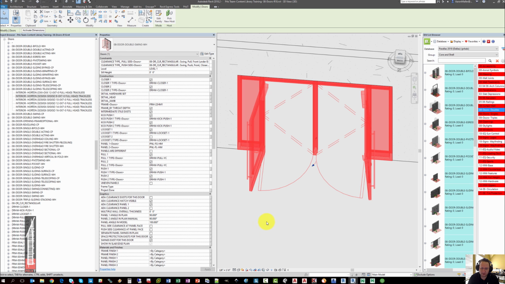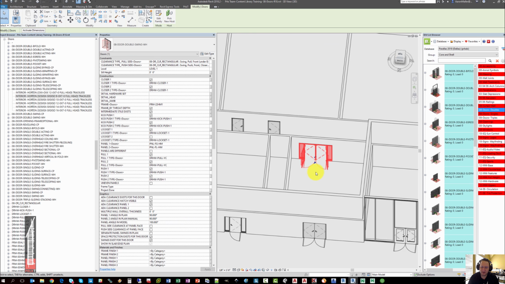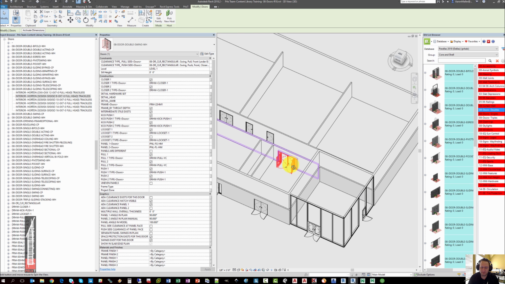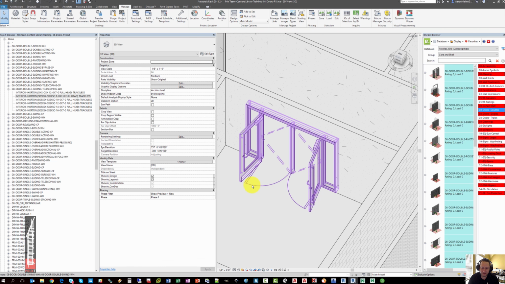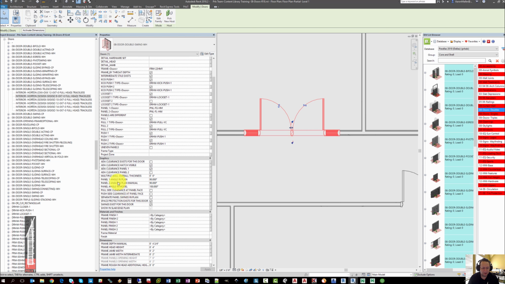You'll notice that on the swing doors, the way you open them is with an angle. Sliding doors will use a percentage, and so will overhead doors. Now, this is different than the graphics that are used for plan. In plan, you are using the parameter called panel 1 angle in plan. Similar to other functionality in the doors, the panel 1 parameter is actually going to control both panels,